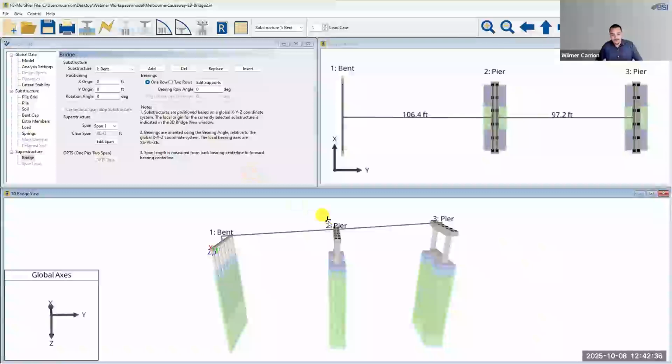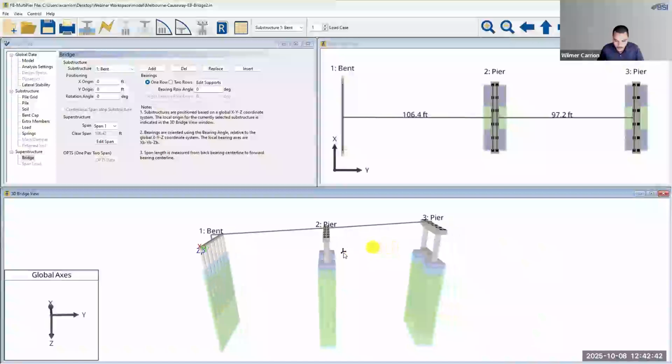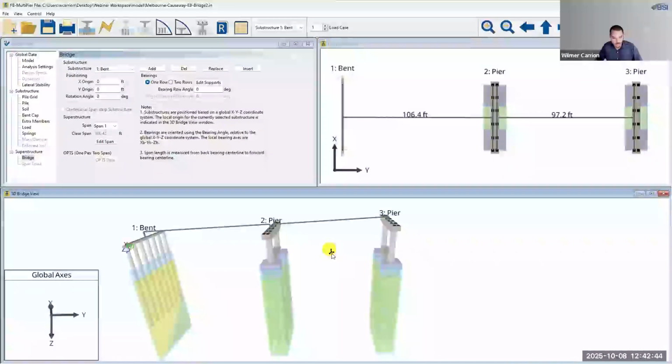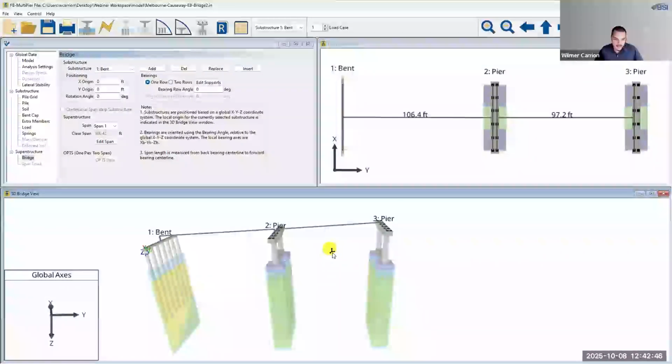And so now at this point, we have our first 3 substructures completely finished. They're in the correct positions. And I would say we're about 95% done with this model. The last thing we have to do is pretty much just mirror piers or bent 1 and pier 2 onto the other side of pier 3, which is very easy just using the add button here on the bridge page. So we'll go ahead and add,